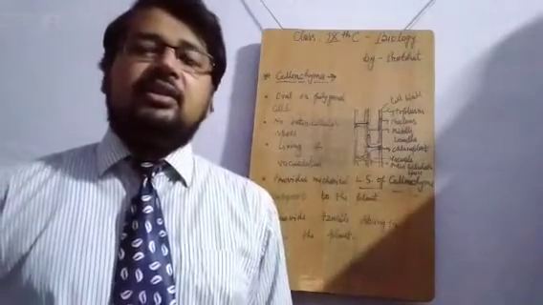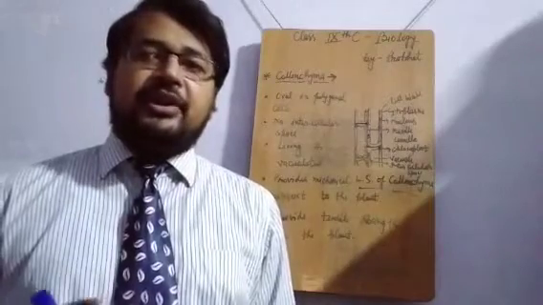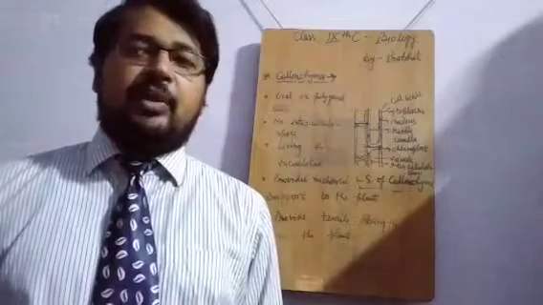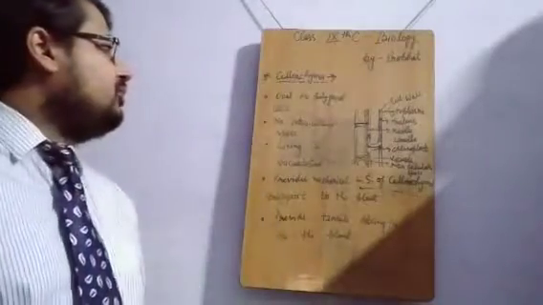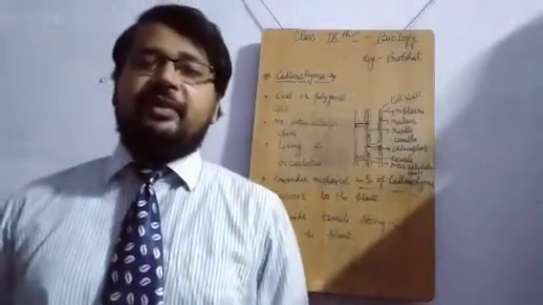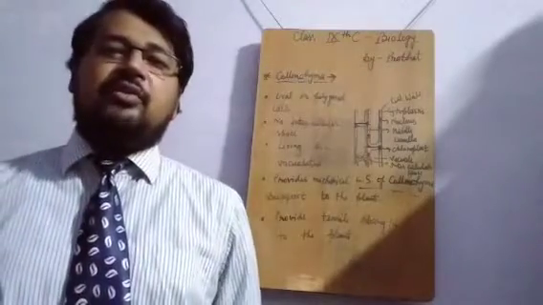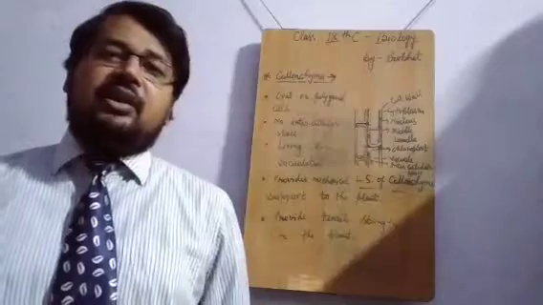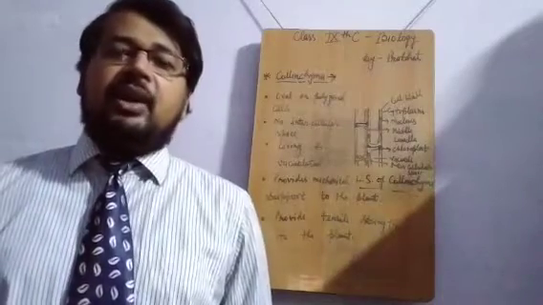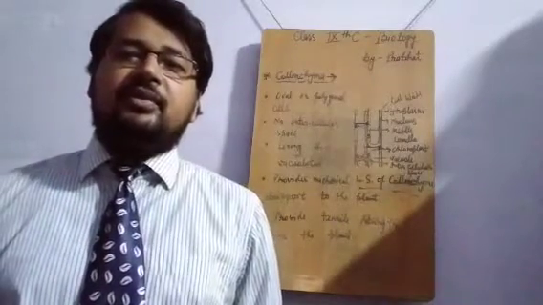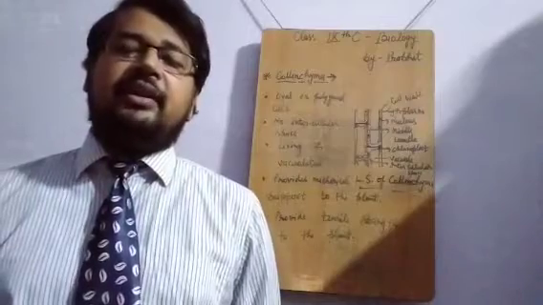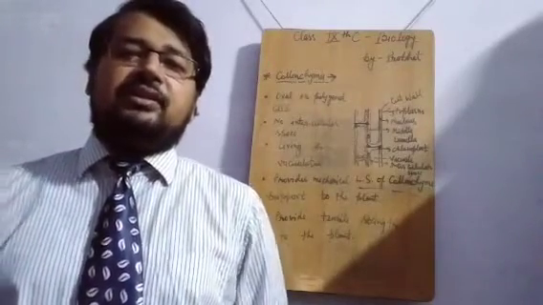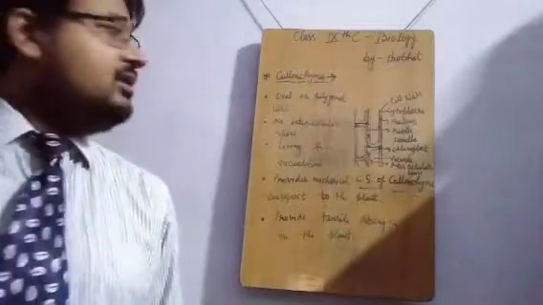After discussing the three simple permanent tissues, we will move forward and discuss the complex permanent tissues. So today we will focus on collenchyma. What are its specific functions? What are the structural modifications found in this type of tissue, and what is the relevance of this tissue in plants? How do they support the life cycle of any plant that is living on this earth? Okay, so we will start our discussion.